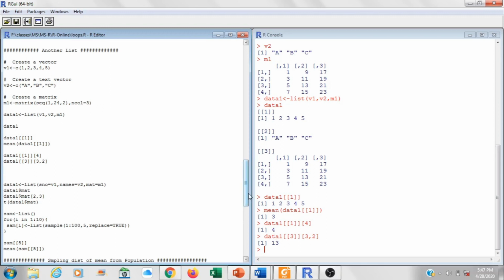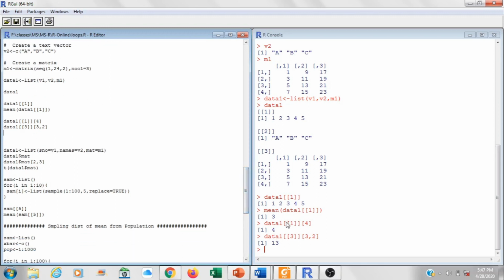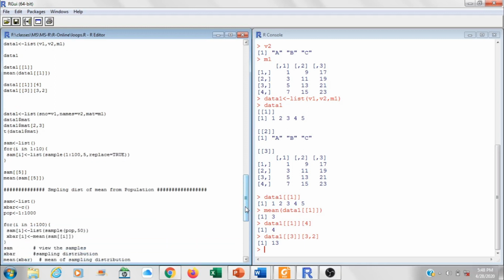Now as you can see, these double brackets can sometimes be inconvenient. It's not necessary to always access the elements using the double brackets. We can also create the list by giving names to the elements.